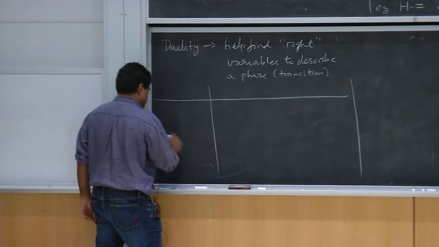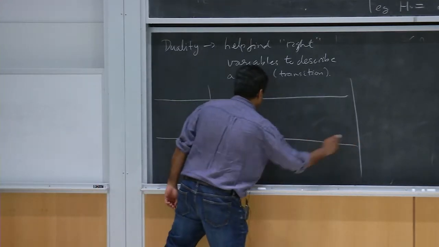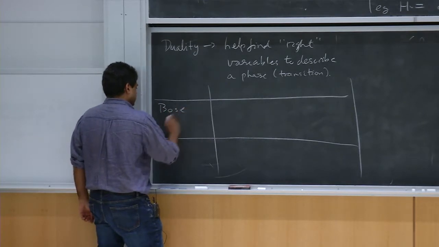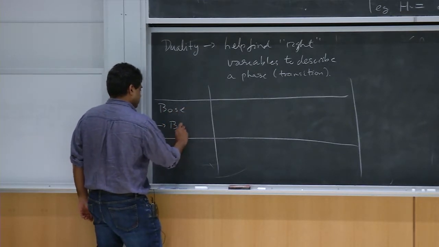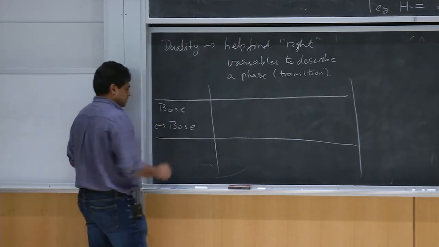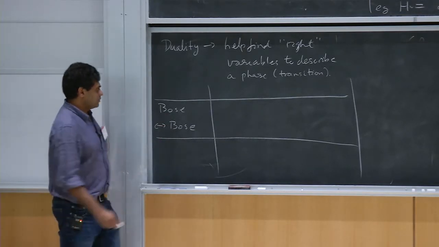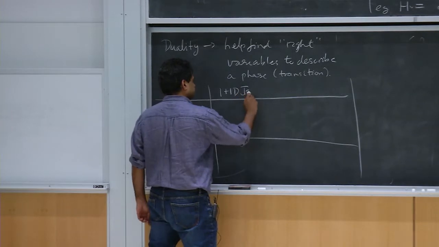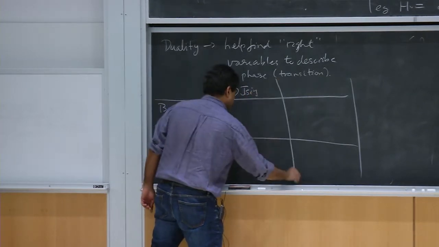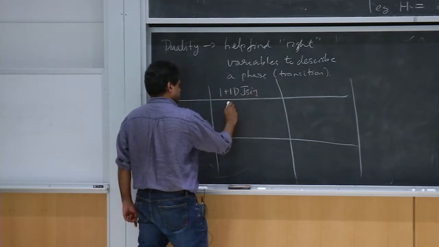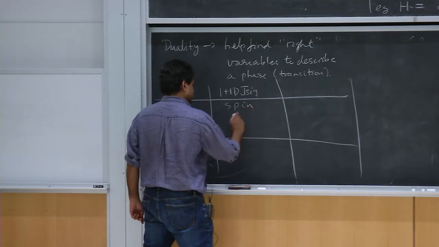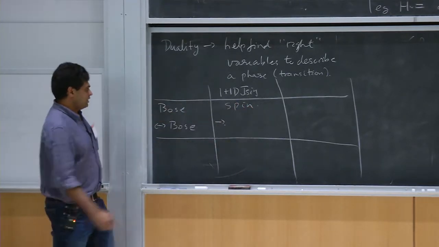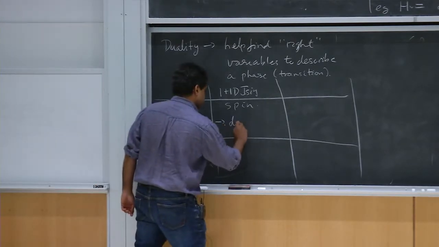Okay, so there are a bunch of different dualities that people have been talking about. One of them is a duality from a bosonic system to a different bosonic system. We'll be able to find an example of that in this 1+1D Ising model, where this will actually turn out to be going from the spin variables, the variables in which the model will be defined, to domain walls.